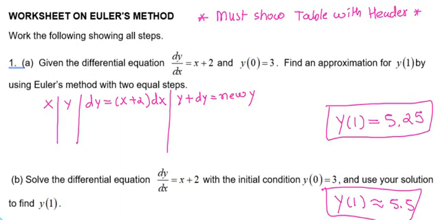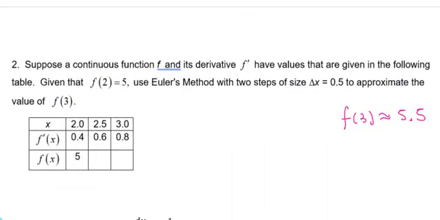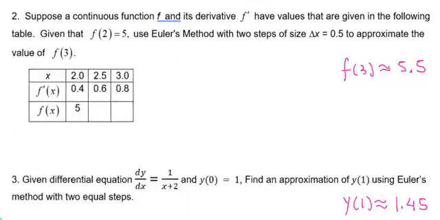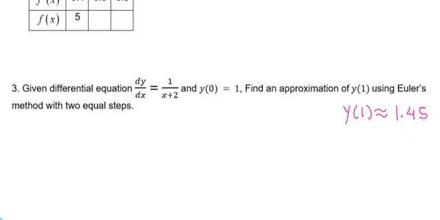Now your assignment is starting from this page and onwards. This is your assignment, which is your page number 33. Your packet looks different, which I already explained in the video, but the questions are the same. Make sure in this homework you show the table with the header. And I have posted these answers in the file section. All the answers are posted in the file section. Make sure you do the work, show your table and everything, and you can check the answers.